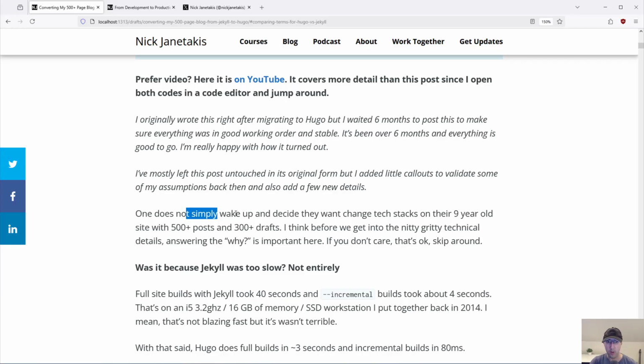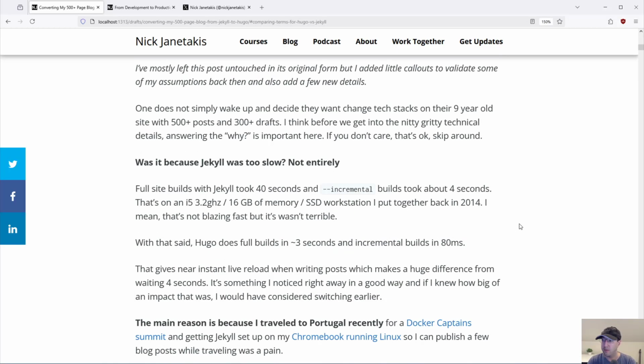Now, one doesn't really simply wake up and decide they want to change tech stacks on their 9 or 10-year-old blog with almost 1,000 posts and drafts. So I think before getting into the nitty-gritty on all the technical details, maybe answering the why could be pretty important. And if you don't care about that, then feel free to skip around. There's going to be a billion different timestamps, I would imagine, for this one. But yeah, Jekyll kind of gets a bad rap for being pretty slow,